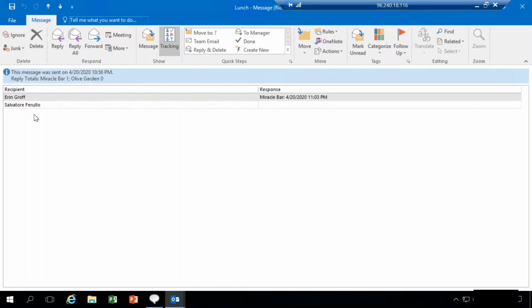Now, when you're creating, let me flip back to my email account. I'm going to open up a new email. When you're creating a new email, on your options tab in your tracking command group, you can also check off to request a read receipt. This option can be enabled for an email to keep track of if and when your email was read by the intended recipient. If this option is enabled, you will receive a message from the recipient notifying that your message